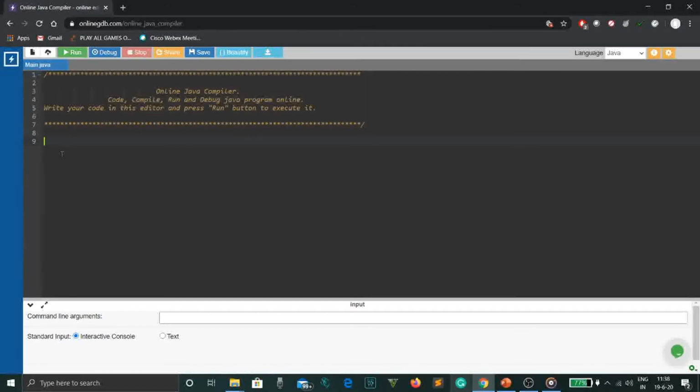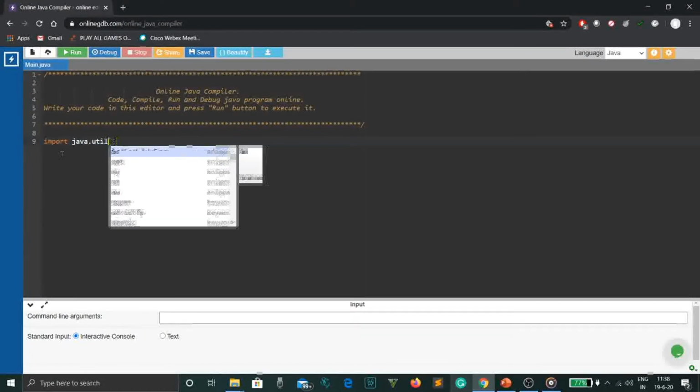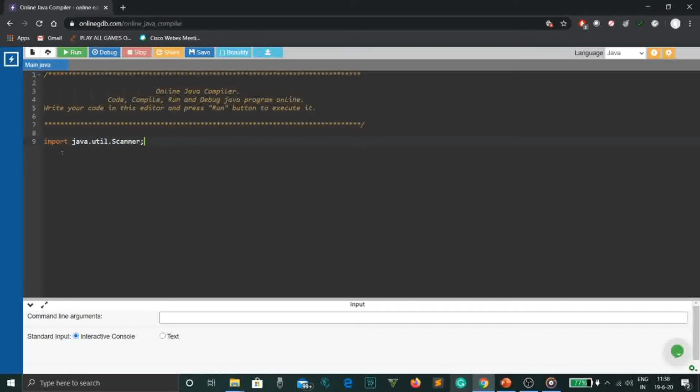So again, we'll start by importing the scanner class. We write import java.util.Scanner. I hope everybody is on the online compiler. We write import java.util.Scanner to import the Scanner class from the util package. Then we write class Main.